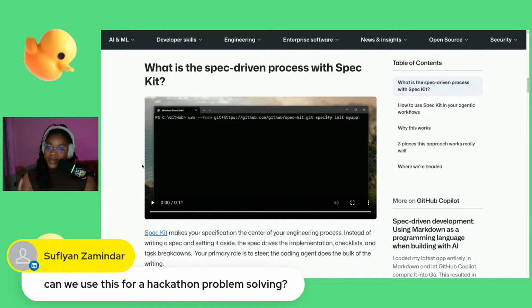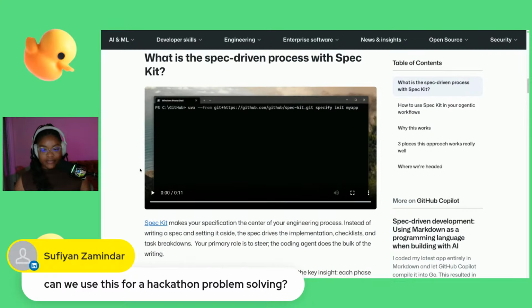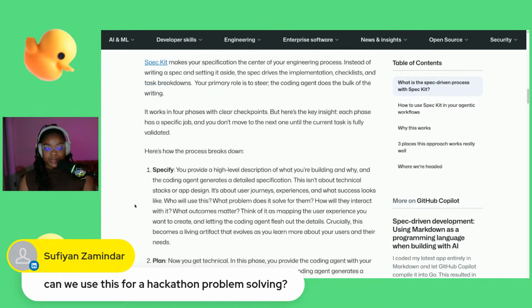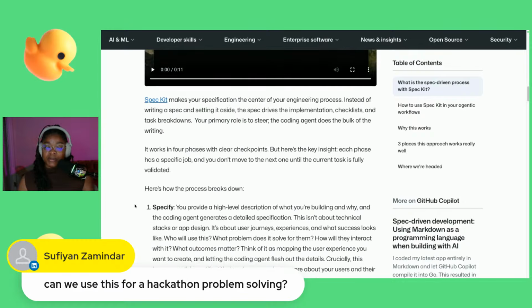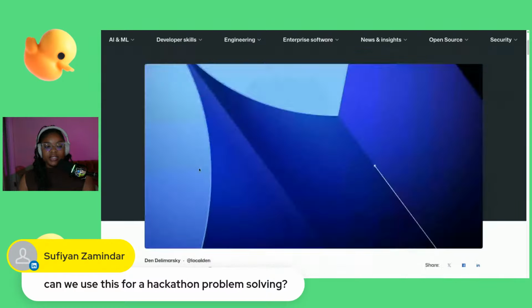So I know vibe coding, I really like vibe coding. I'm really into it. But vibe coding is really for building that initial MVP of the product. There's so much more that goes into an application before you actually ship it to users. And so Spec Kit aims to provide a solution for you to be more specific and follow a more engineering process when you're building with AI tools. And so I would encourage you to check that out.